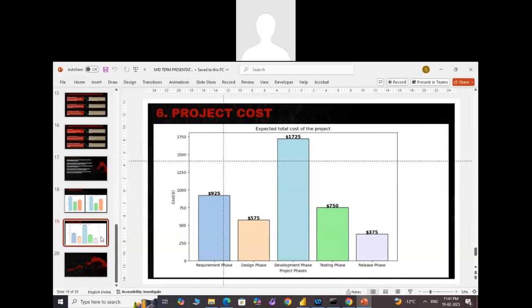And lastly, in summary, while we managed to keep costs low by leveraging open source tools, future enhancements such as real-time data analytics, AI-driven prediction, and cloud-based infrastructure could lead to higher cost.